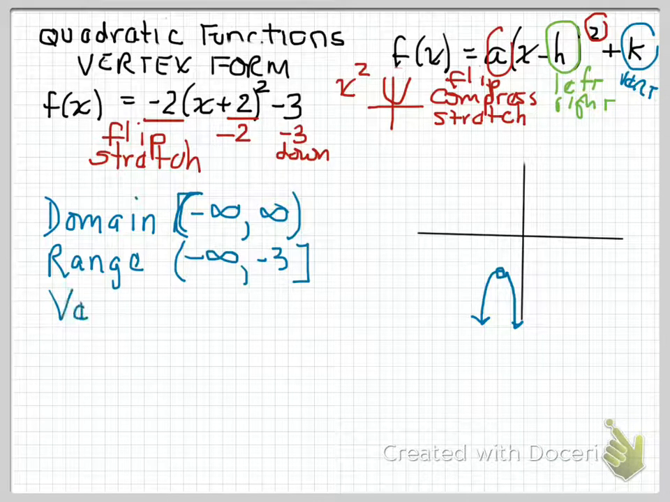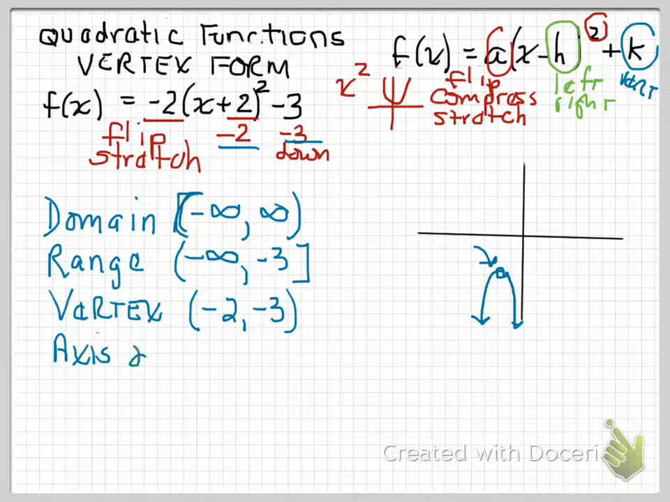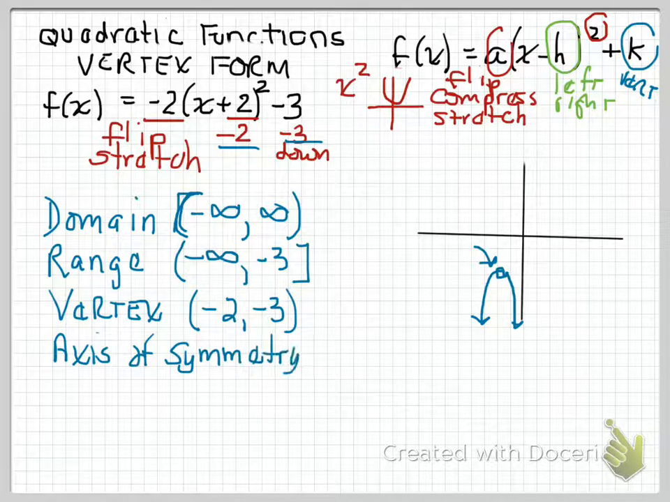The vertex is the center point of the parabola, and we know we can find that from h and k, and we can see that on the graph. Our vertex is the point -2, -3. And finally, the axis of symmetry, which, recall, is the line